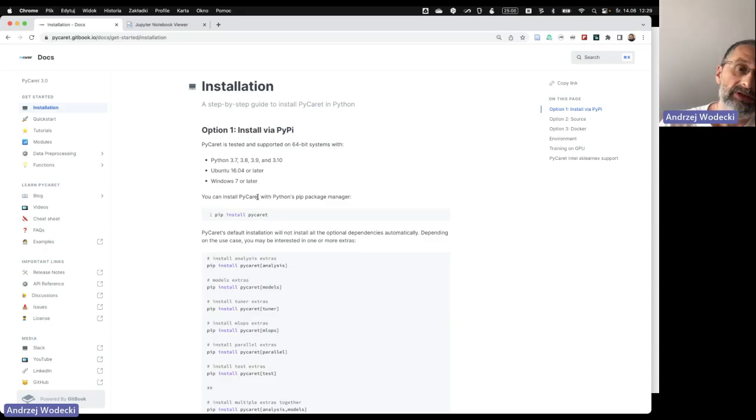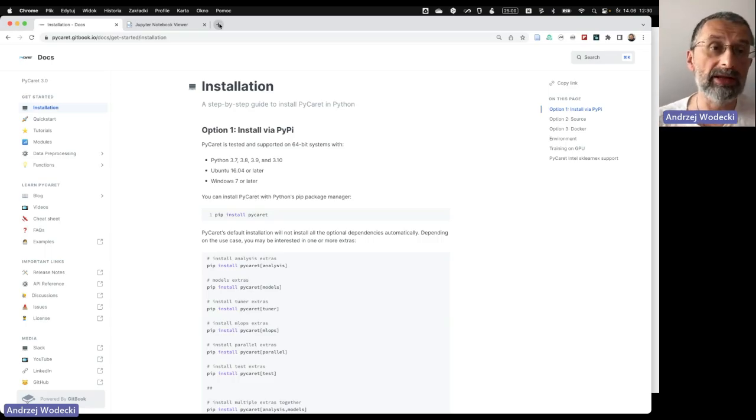And if you install it in your base environment, if you do not have a habit of creating a virtual environment for your project, it may happen that it will substitute your current version of Pandas, for example, or NumPy, with its own, and some other code you already created with the previous version of Pandas will not work. So once again, I strongly recommend you install PyCaret in its own virtual environment, following those